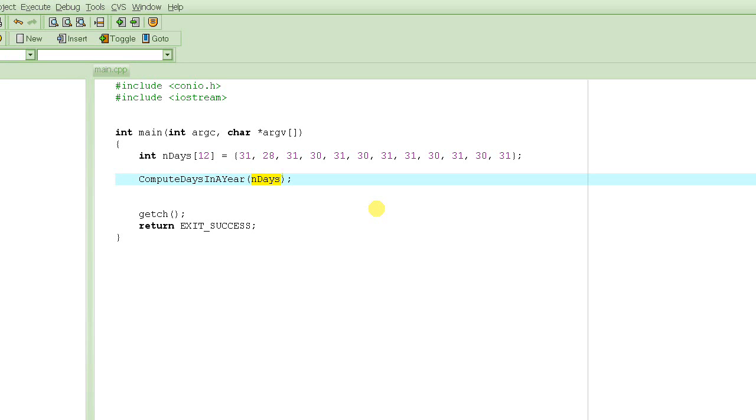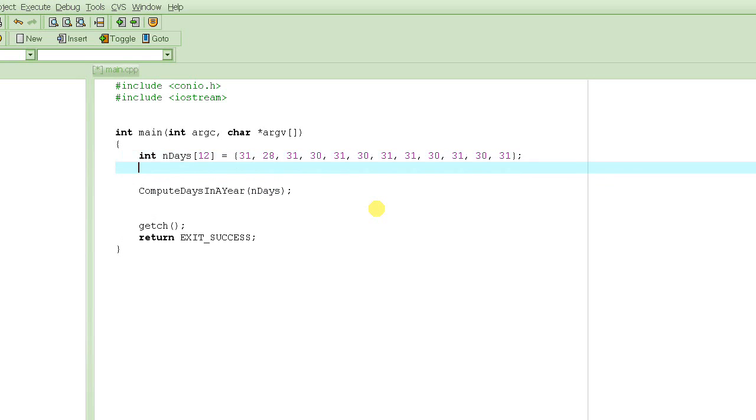Are we done here with this tutorial? No, because we need to learn how to write this function, how this function definition is going to look like, so that it can accept this array as a parameter. But for now, we know that I can make a call like this by passing this array. It's going to compute the sum of all these numbers right here, right? And then it's going to return the sum by name,